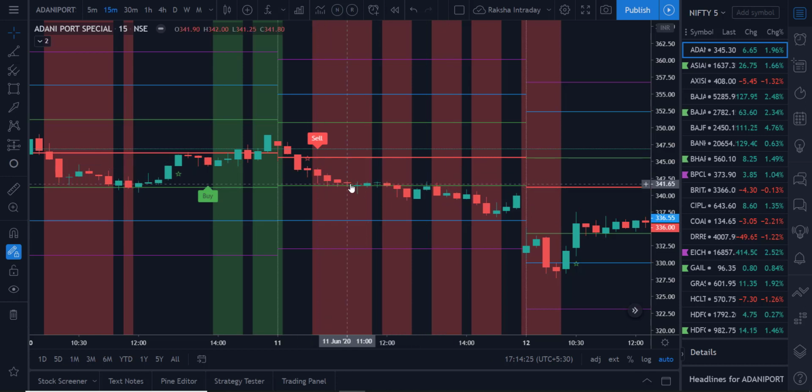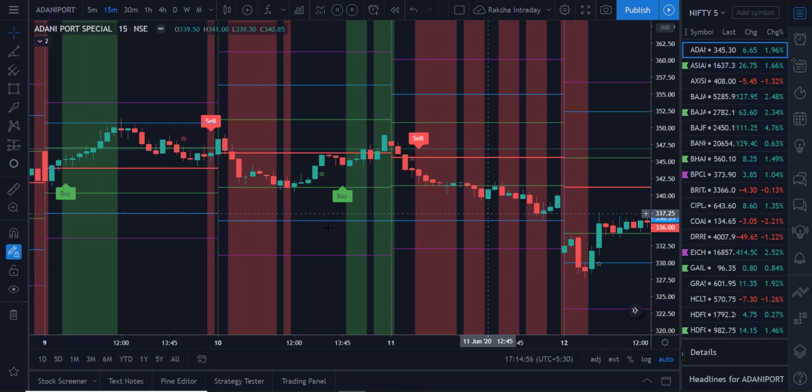But if you are a trader with a small capital, you should wait for a breakout here, just like here. Your entry will be at 12:30. SL will be a few points above this. If we go for the swing, the nearest swing is here, so a few points above this, and your target is the blue line, and you can keep it running. As soon as it almost touched, just a few points away, you can wait for this.